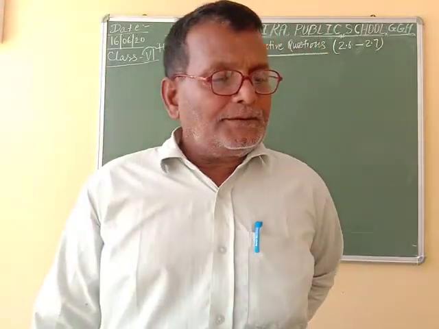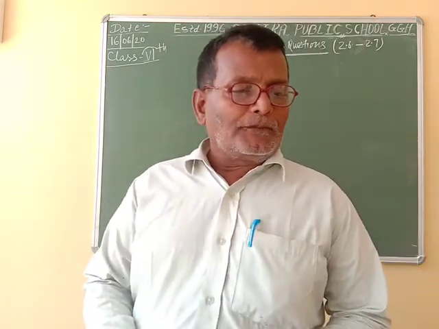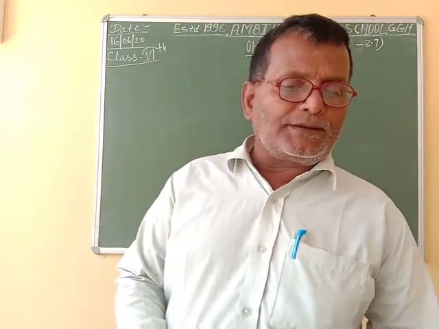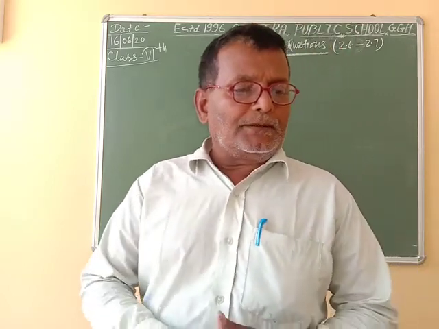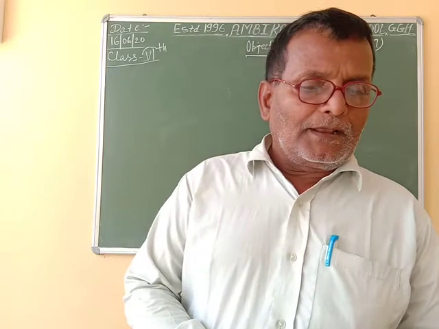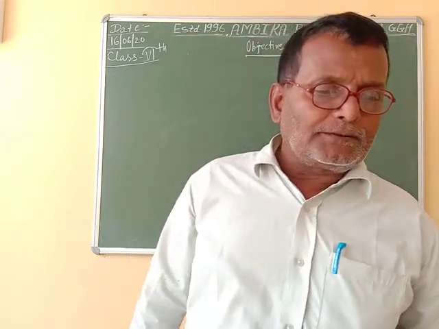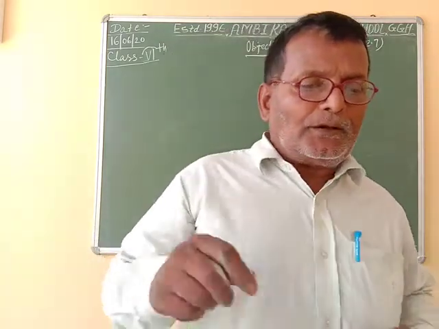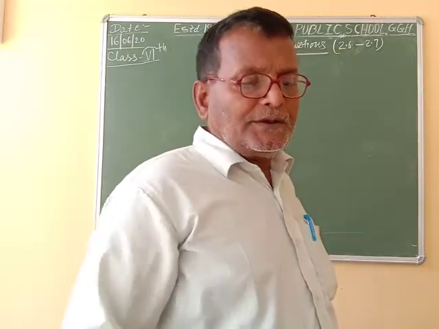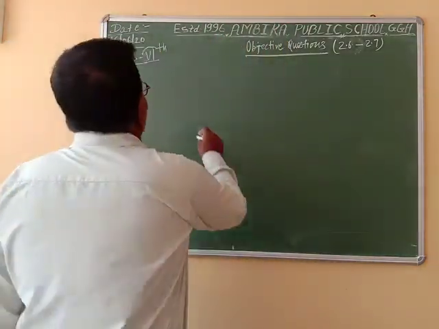Objective questions. Choose the correct option. You are given 4 options of each question and you have to choose which is the correct option. So in question number 1 of objective questions, among whole numbers, the predecessor of 1 is,